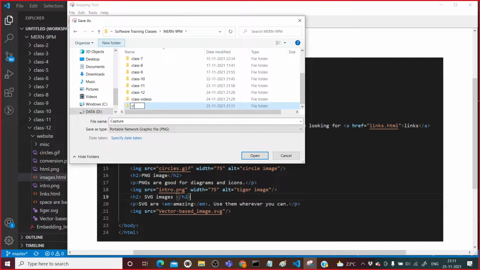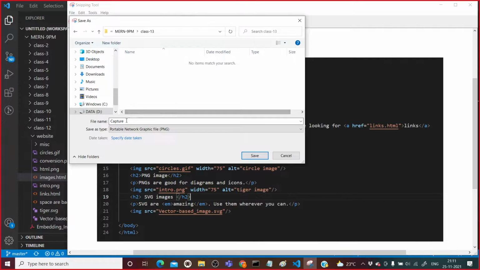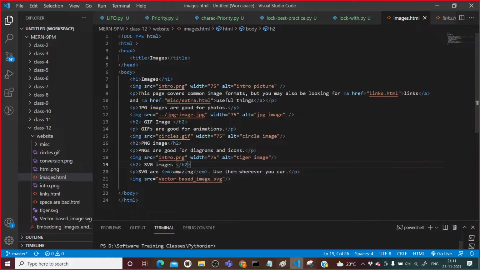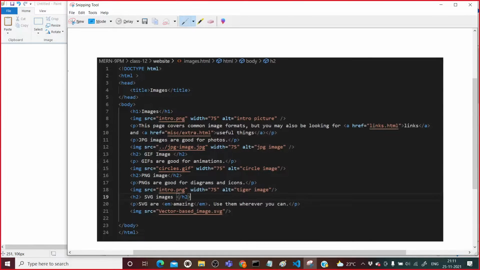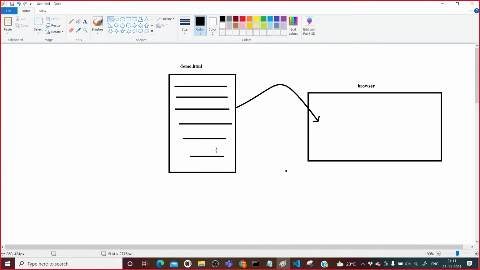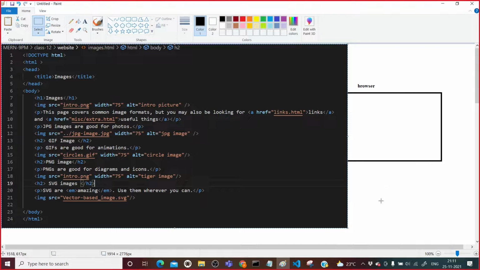We will create class 13, and inside it I will save it as document website. Now we have this document website. I will say picture here, copy it and paste it here, and now I will try to reduce the size.